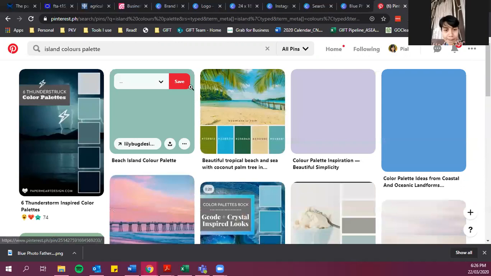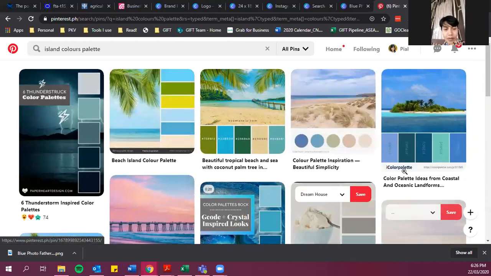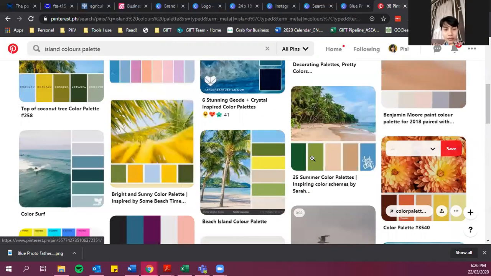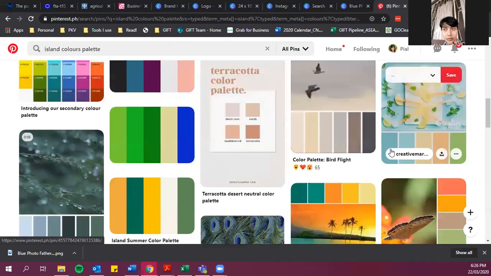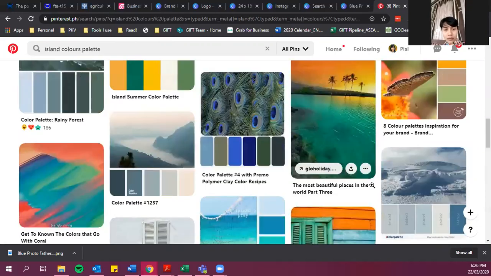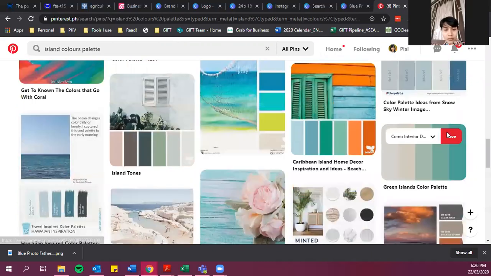So they usually come up with this kind of stuff, right? Kind of palette, right? It's so easy. There are already pre-made palettes for you here. Let's say, for example, pick one. I don't know which one. Maybe like